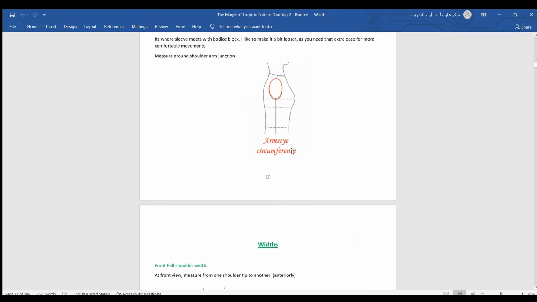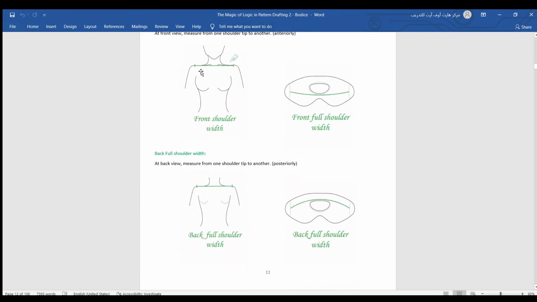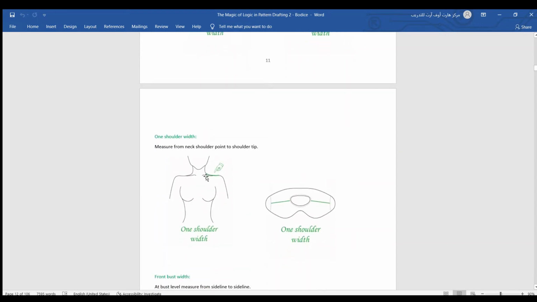Yeah, here comes the thing. We took the full front. We also took the full back, the shoulder width for the front and for the back. And we also took the one that represents only one shoulder, that comes from the neck point to the shoulder tip. This one, the green line. So what we have to do,